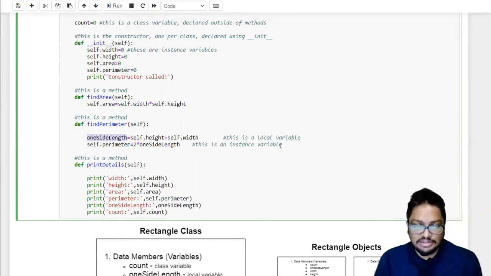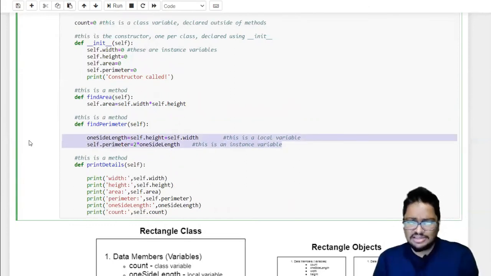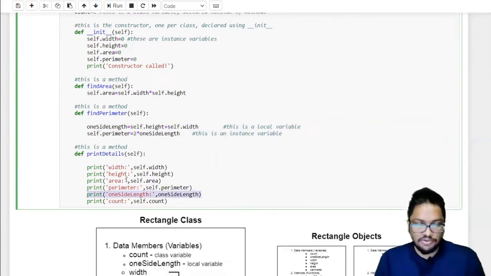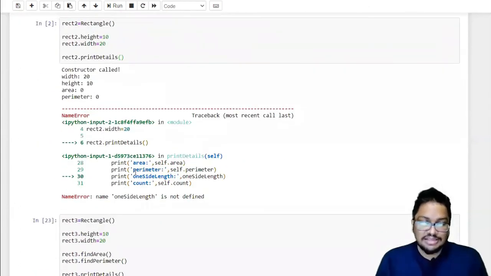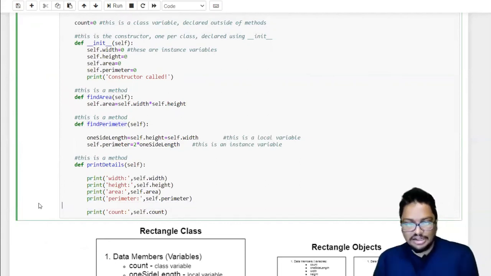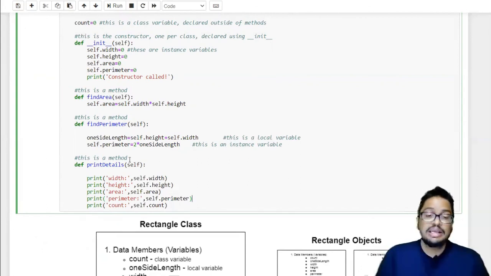So local variables, as the name suggests, are local only to this function. That's available inside only this function. When you try to print it elsewhere, it won't work, since it's not declared; it's a local variable of the find perimeter function. But the others, as you can see, like the width, height, area, can be accessed inside any method, right?